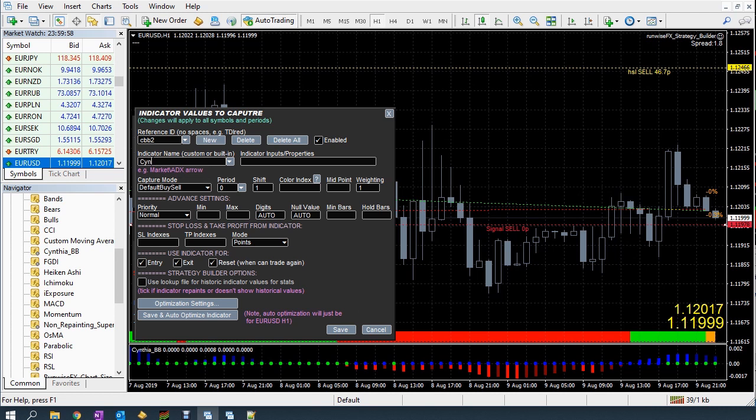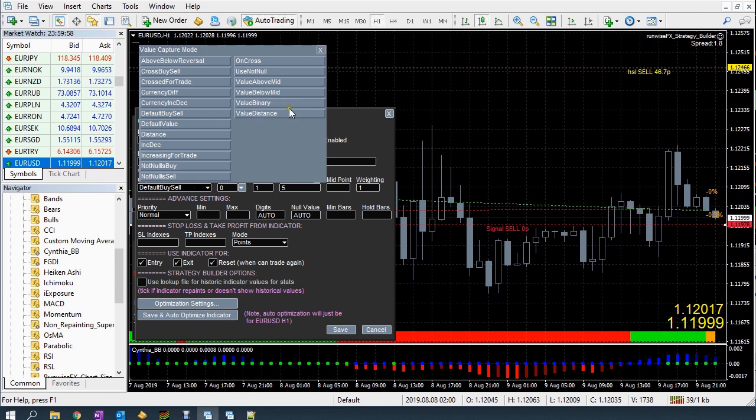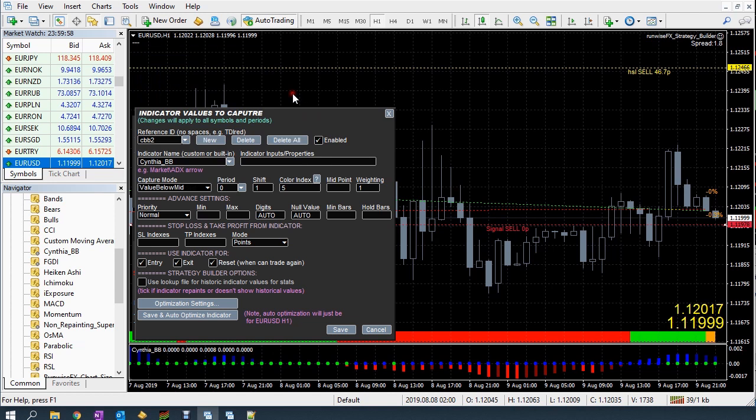The indicator, by the way, is the Cynthia BB. We were interested in colour index 5, and we've got these capture modes where the value has to be above mid or below mid. What we wanted there was for it to be below this massive integer number, so we wanted it to be 0. We wanted to trade when it's 0, so we go value below mid, and then the midpoint, which is over here, we just need to put a number really bigger than 0 in, so we put in 500